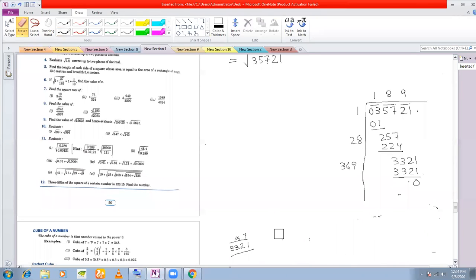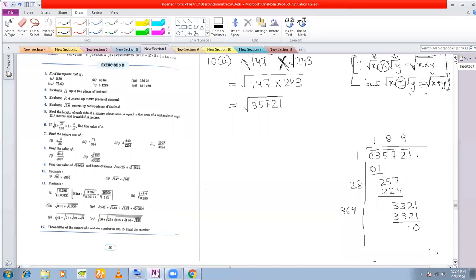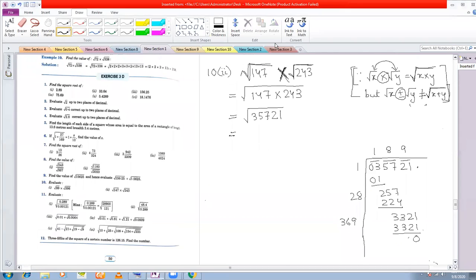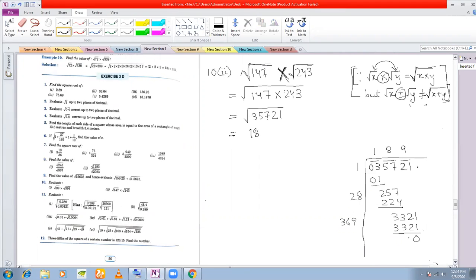We'll draw a rough column and do this, since I don't have space. This division method you'll do in fair, but the calculations you'll do in a rough column and show these calculations. So what are you getting the square root of this as? We're getting the square root of this as 189. Okay, take only the positive sign. So that is what was required. You have evaluated 147 into root 243. You have got 189. Okay.